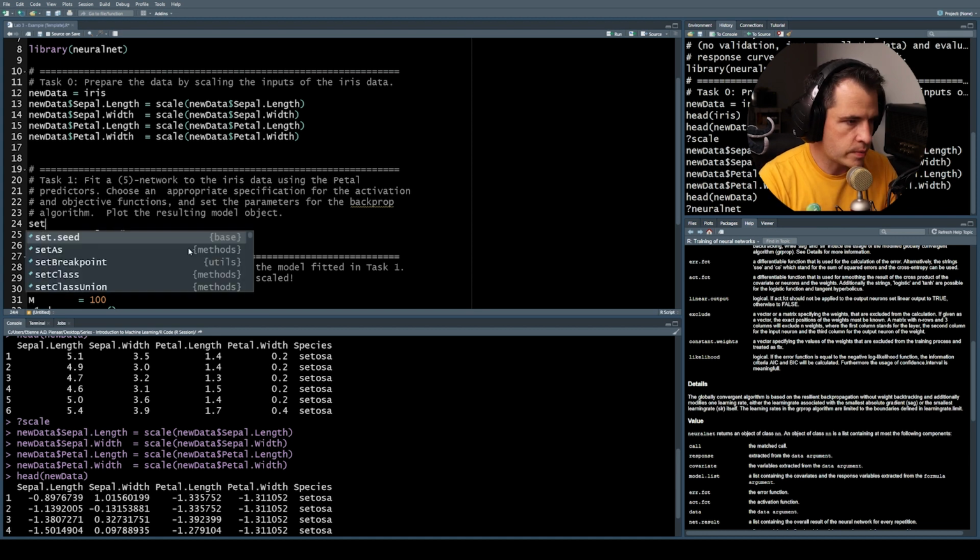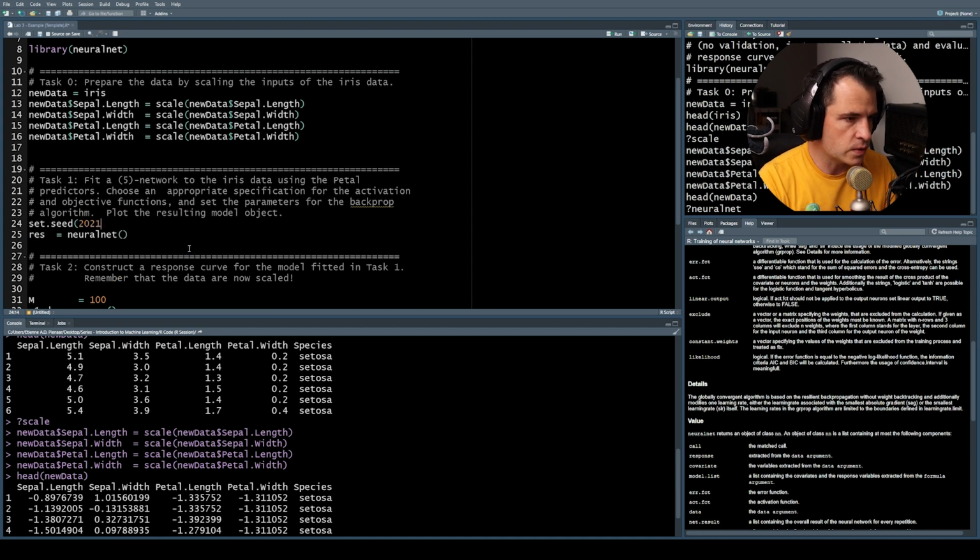Okay, so what I'm going to do is set a seed for now, 2021, and then we go res. This is just so that you get the same or similar result to me. I believe it'll be the same result if we do it this way, because there's going to be random weight initialization and an algorithm which optimizes, obviously. Okay, so res equals neuralnet. We're going to model species as a function of